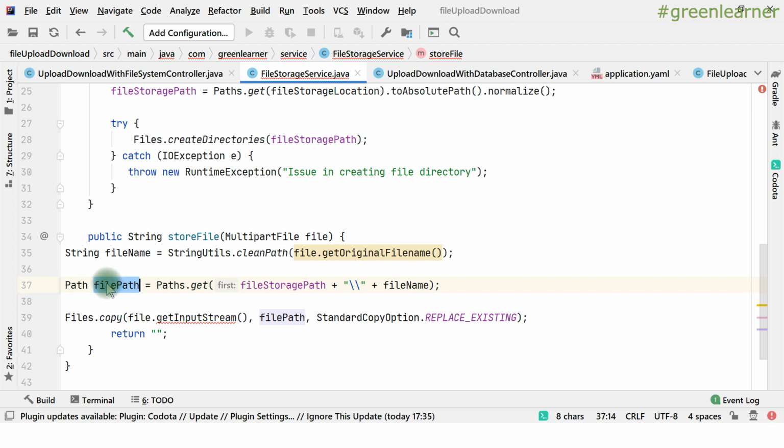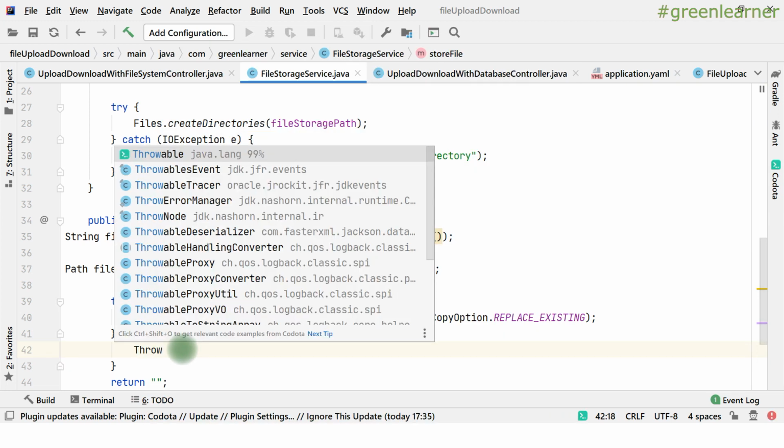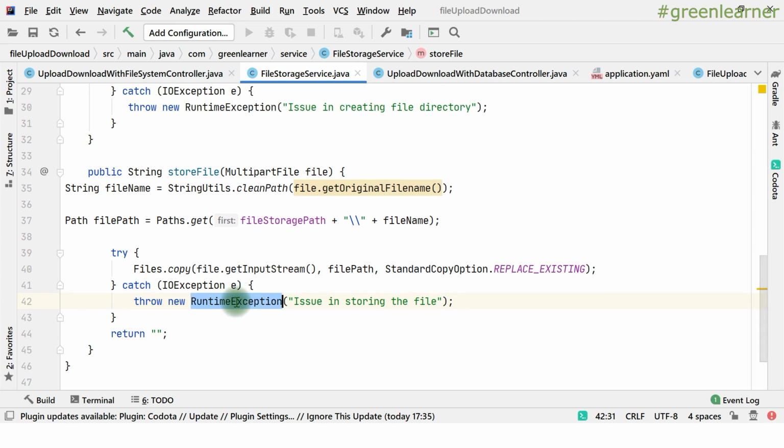So it all depends on the file path that you are generating out of here, and you can change that one accordingly. So there is some exception handling around with try catch. So here also I can throw some custom exception. So this is how we can do it. So here we are done.